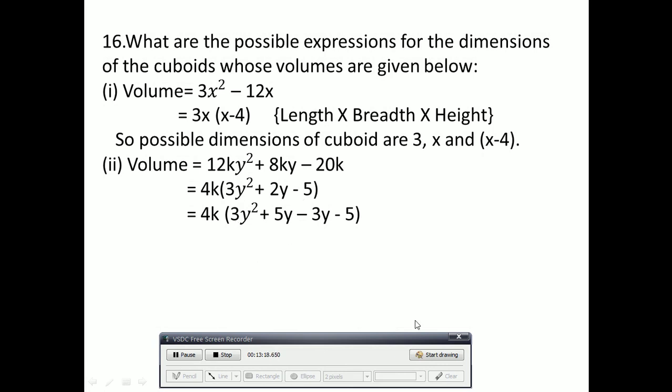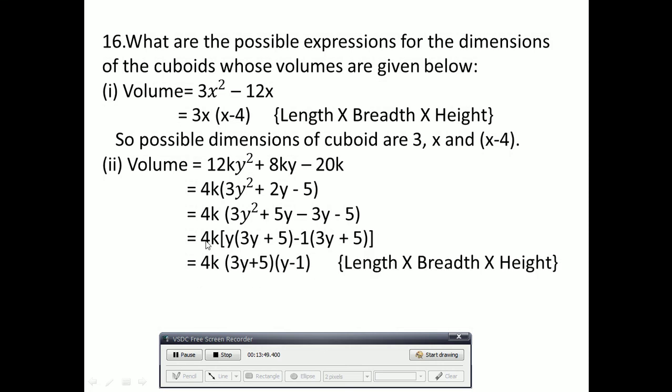So in the first two terms we will take y as common, and in the last two terms minus 1 can be taken as common. So 4k as it is. In the first two terms y as common, so the remaining will be 3y plus 5, and in the last two terms no one is common but 1 is always common, so we can take minus 1 as common. If we take minus as common, the sign will change, so it is 3y plus 5. So students, 4k, and 3y plus 5 is common now, the remaining is y from here and minus 1 from here.